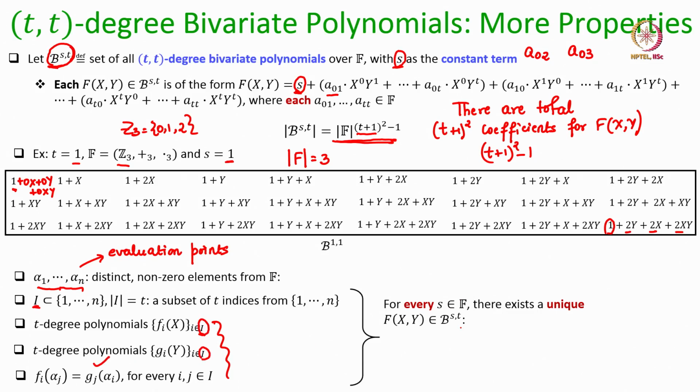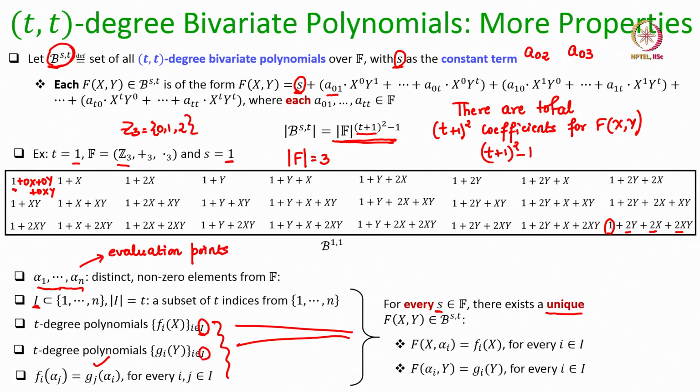Then for every value from the field, I can find a unique bivariate polynomial of degree t with s being the constant term, which passes through these given x univariate polynomials and y univariate polynomials. So, it might look very confusing on the first look, but let me try to explain it in simpler terms. We know that for the univariate world we have seen the following property: